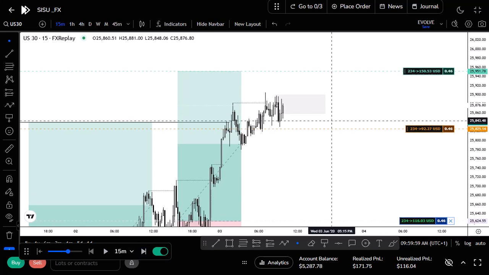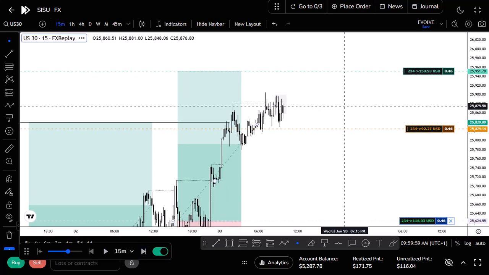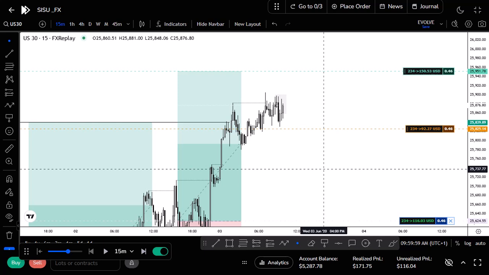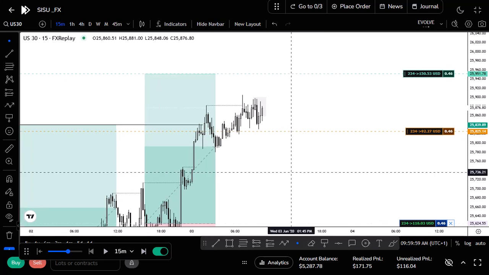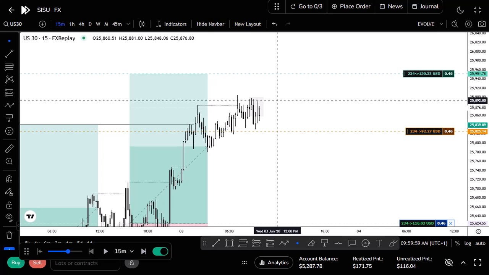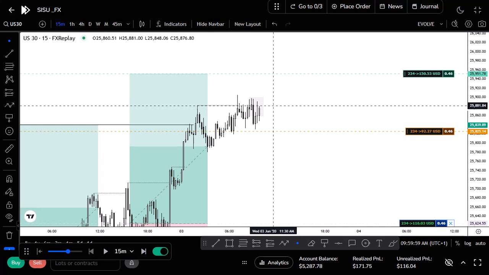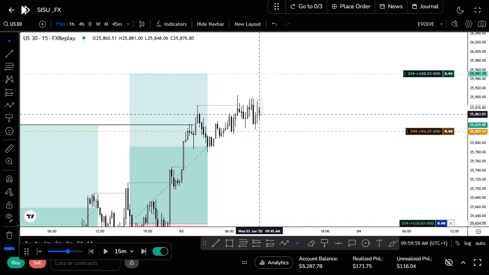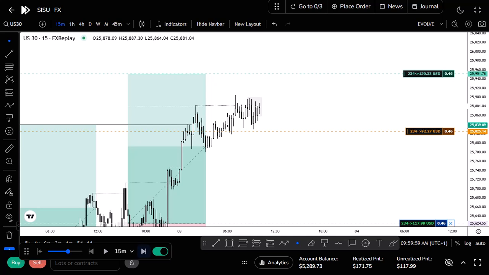You can see price is rejecting from this particular supply zone. This is not a sell supply zone for me. I'm not interested in selling from here no matter what. So I can't just go to M5 and look for my entry model. I look for my entry model on M15 and I'm good to go.